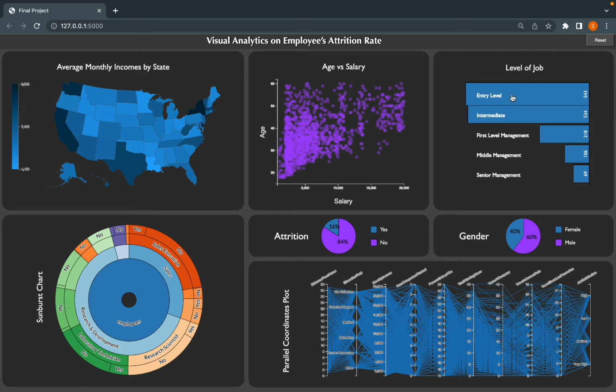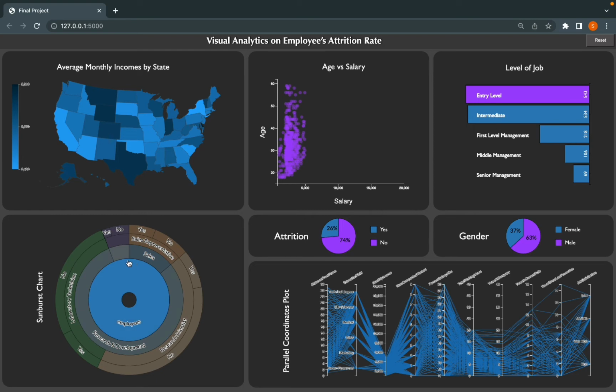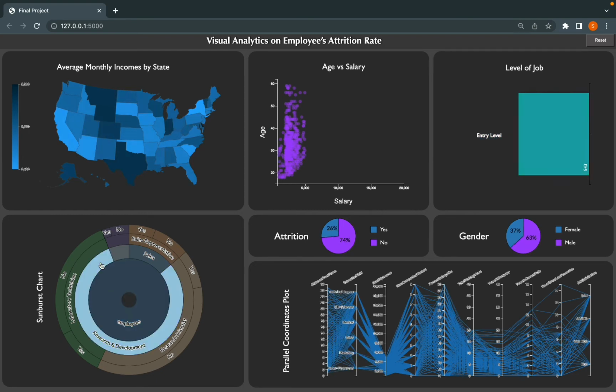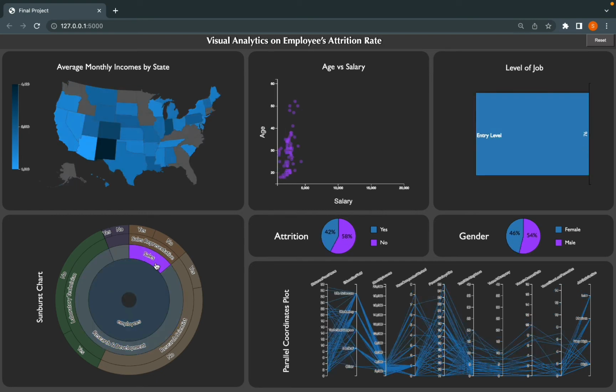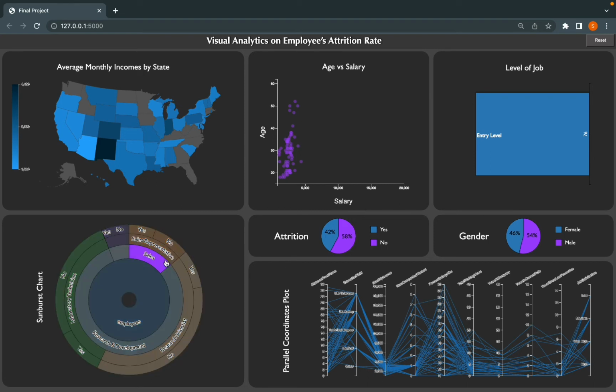So we found that entry level job employees are having the higher attrition. Here the average was around 16%, but now the attrition rate is 26%, which is a huge difference. And within the attrition rate of entry level employees, we can see different departments, and we found that the sales employees of the entry level employees have a higher attrition rate. So the average attrition rate for entry level employees is around